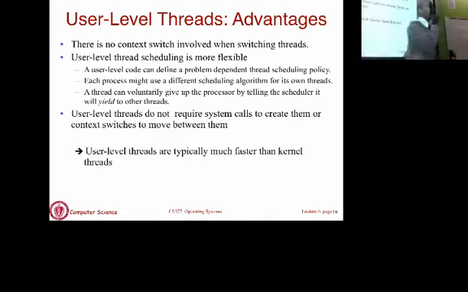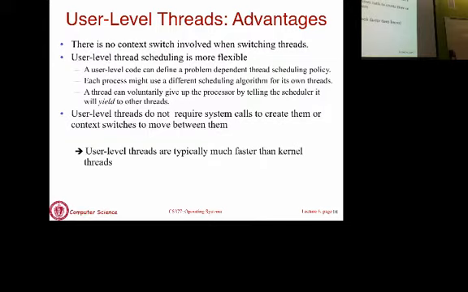Okay, so now we look at advantages and disadvantages. The advantage of user level threads is that when you switch between threads of the same process, it's going to be much faster than kernel level thread context switches, because switching between threads is simply a function call to a threads library. It doesn't need any OS involvement because the OS doesn't even know about these threads. The threads library is simply going to stop one thread and start another thread. No system call involved, no OS intervention involved.